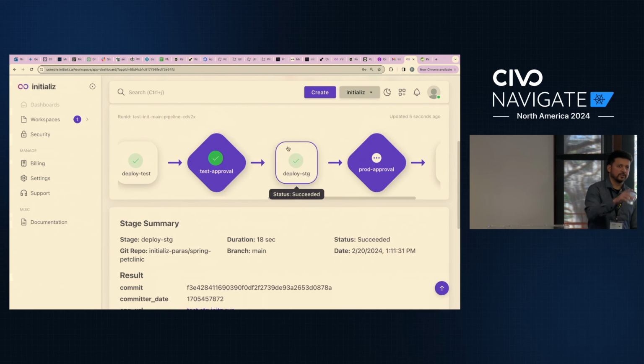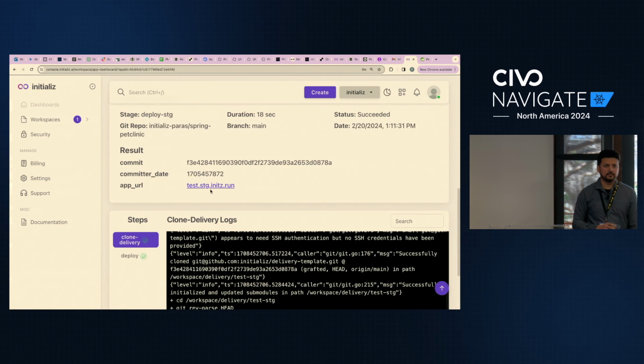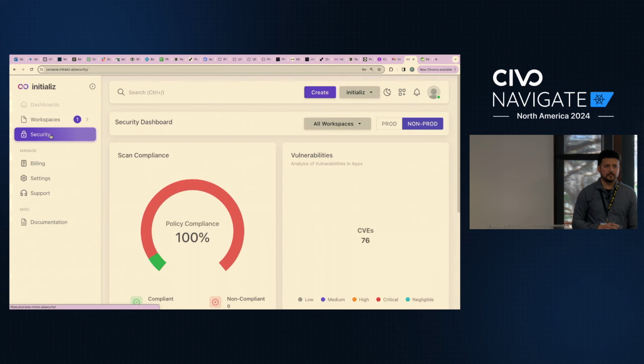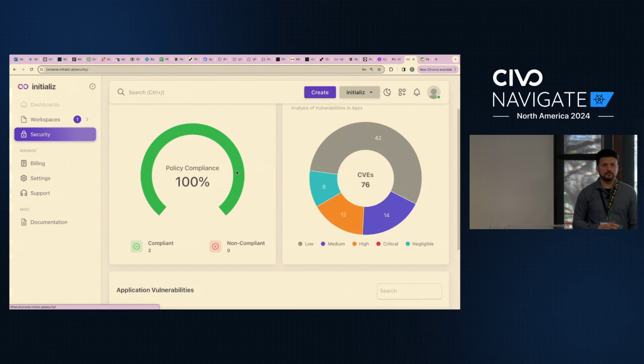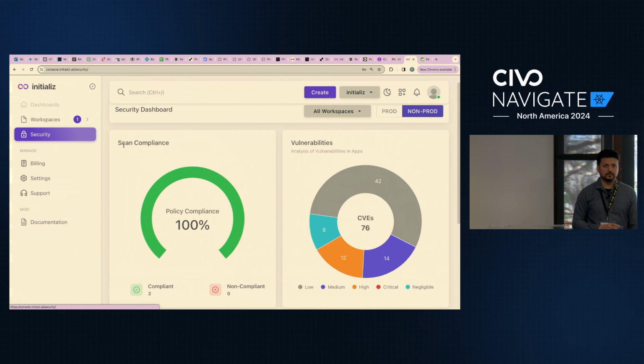Probably you can walk through the security screen too. So now we have a stage URL. We can see into the security also for the application which I have used. It's based on the workspace, so it will give you the consolidated view, and we can go there and look for that